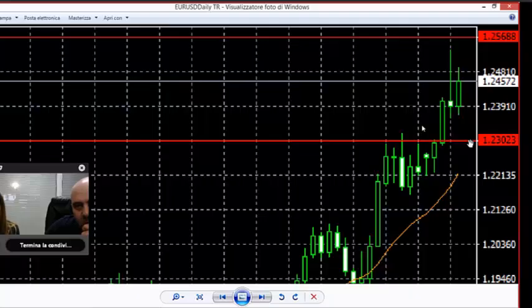If the market moves below 4 hour, I mean 123 and 86, the next target might be possible in area 123 and 02. So now you can see that I have all the control